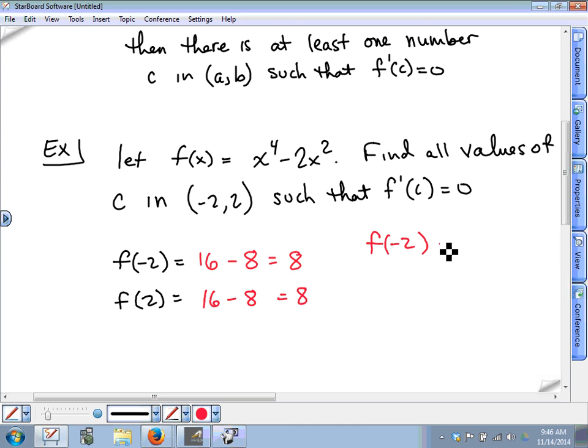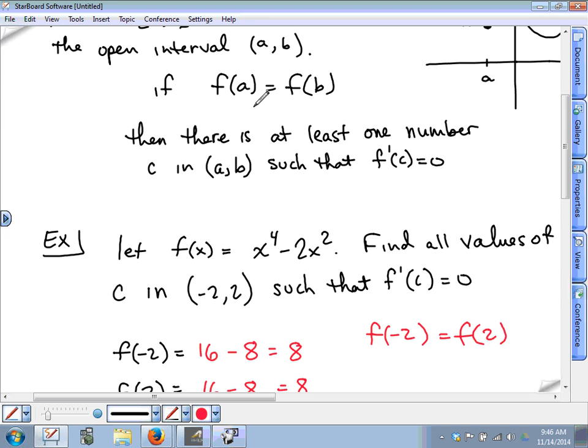So what this means is f of negative 2 equals f of 2. That's Rolle's theorem right here. F of a equals f of b guarantees that between those 2 points, a and b, there's at least one number c